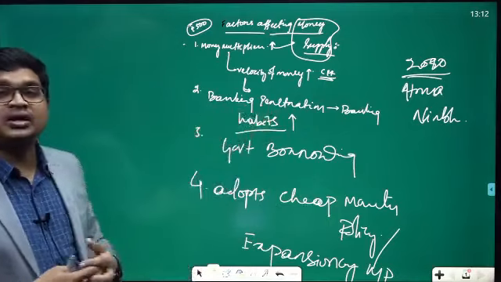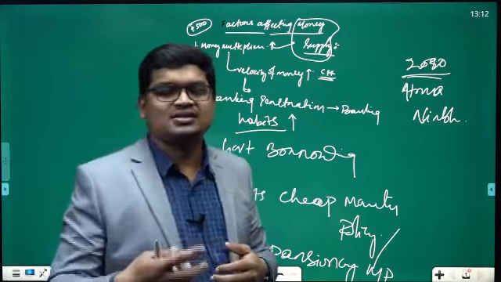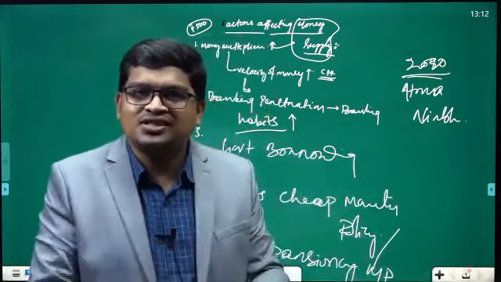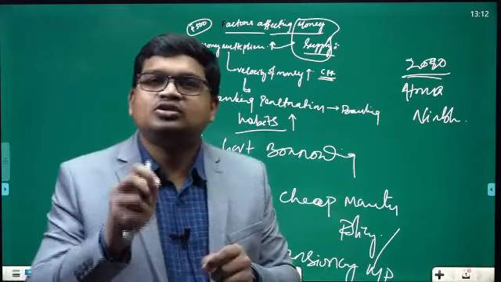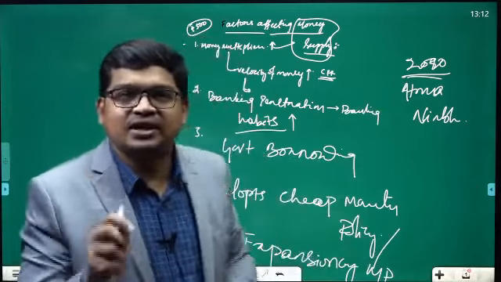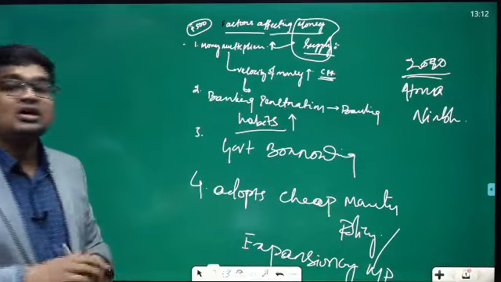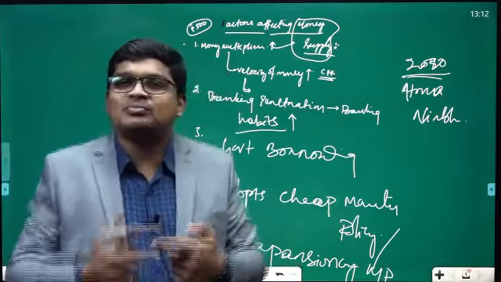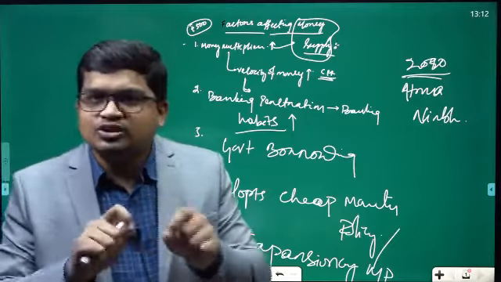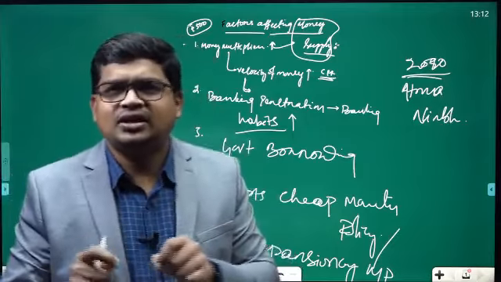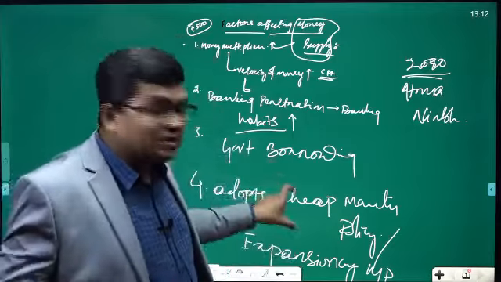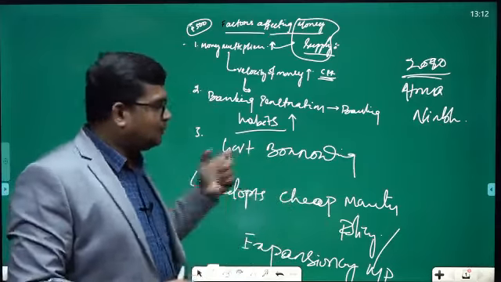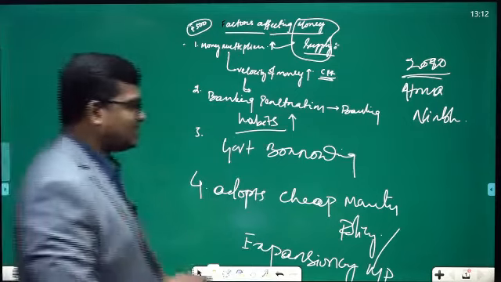Third is government borrowing that I have already discussed, that if the government is borrowing money from the RBI by using government securities, that also increases the money supply in the economy. Coming to the fourth, adoption of cheap monetary policy, or you can say expansionary monetary policy, by using different tools by the Reserve Bank of India, that also increases the money supply in the economy. Now, coming to the next aspect,